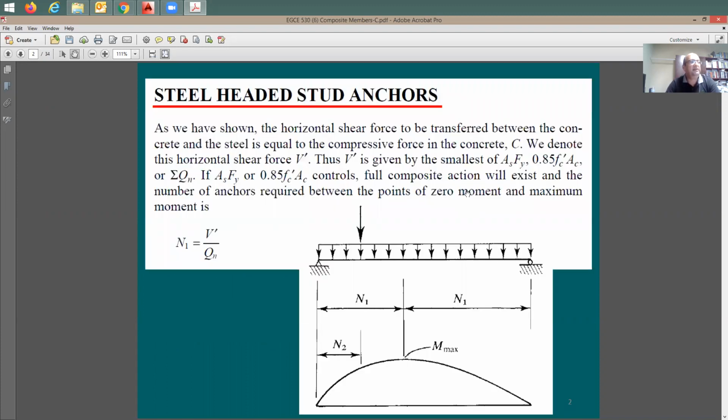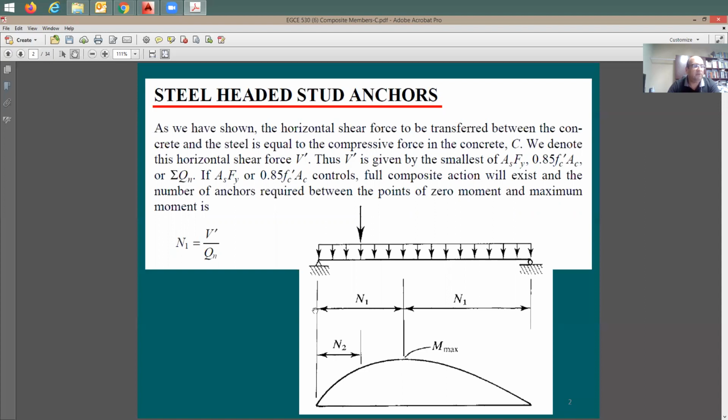So in the first slide here, there is no change. This shows here some loading, and it shows a number of connectors needed, mechanical connectors or Nelson studs needed on each side from the point of maximum moment all the way to the point of zero shear. And it shows here that this N1, which is number of studs from the maximum point of moment to the zero